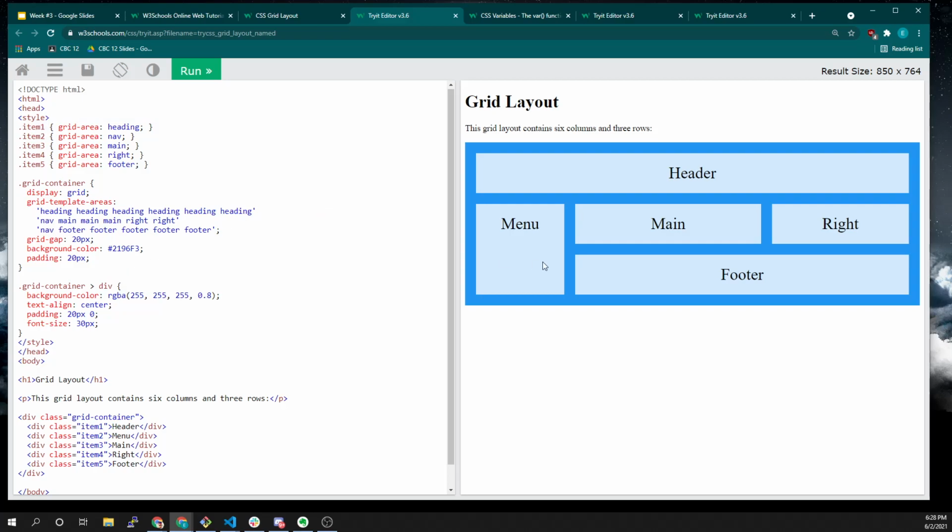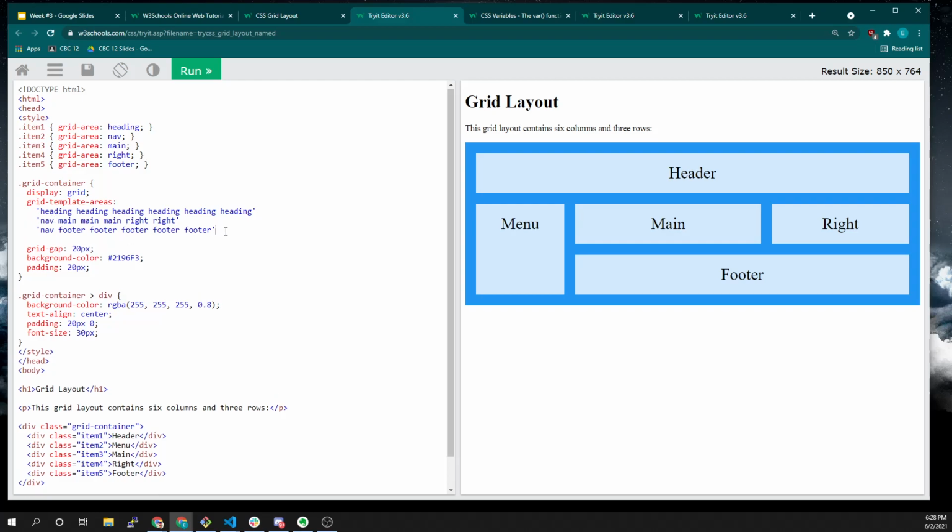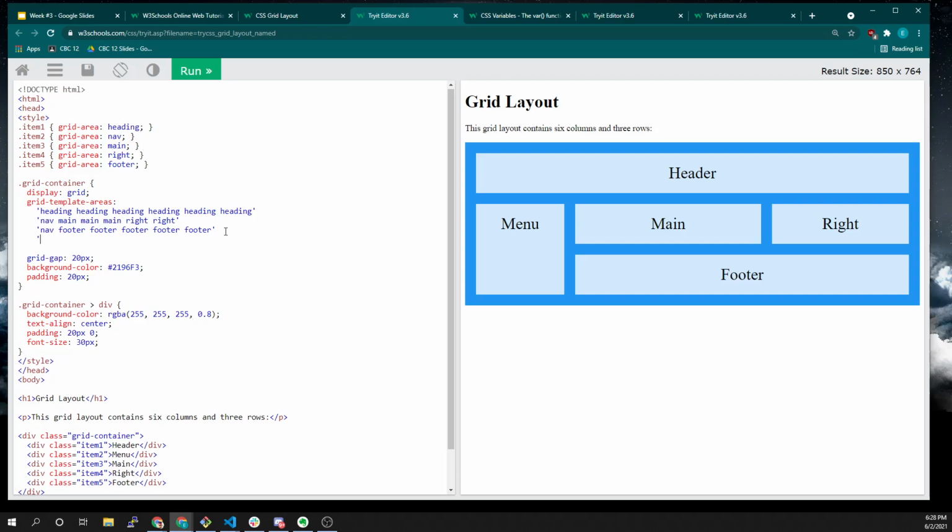Everyone kind of see how this works? So nav is on the second and third rows, and the top row is all headings, and then main, and then right. So we've created this structure just by using the grid template areas concept, using strings. And I could add an extra one in here. As long as we don't have a thing, anything I put in here in single quotes, I can put like nav, footer,